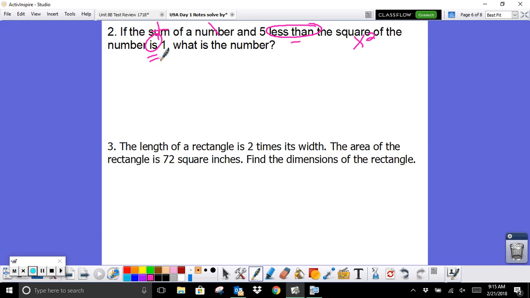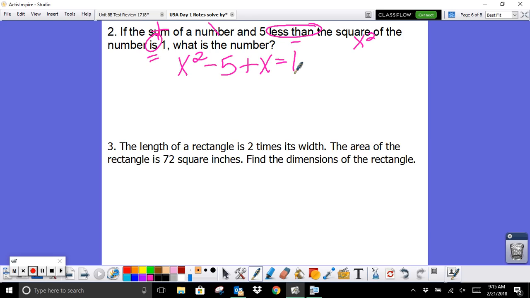All right, so here we go. I need the sum again. I'm going to start out with my x squared here. So I have the sum of a number and 5 less than that. I need 5 less than the square, so that's going to be minus 5. And I still have the sum, so that's plus x,